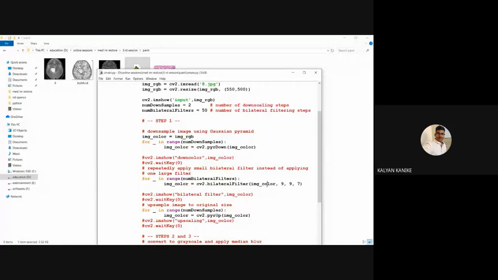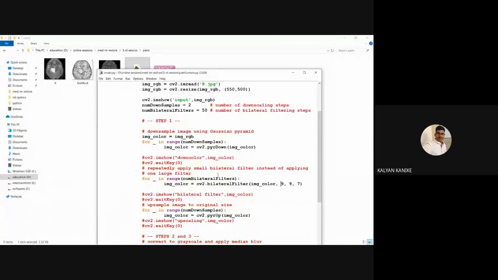Next, these are the parameters. It takes parameters like size first of all. It cannot apply to the entire image at a time, so by taking small filters, small kernel values, it is going to apply.